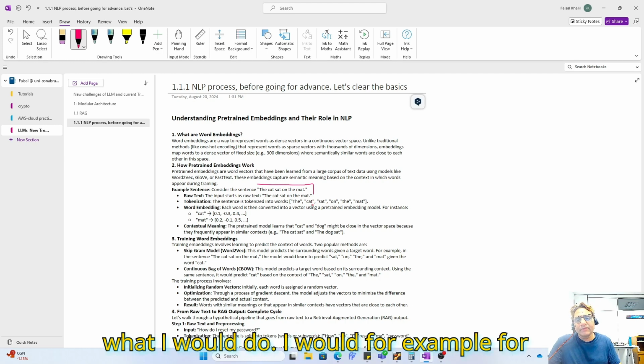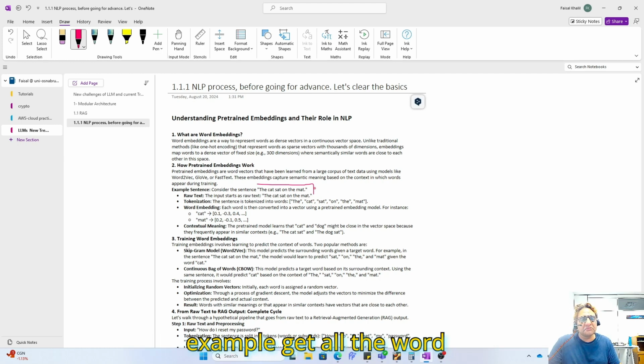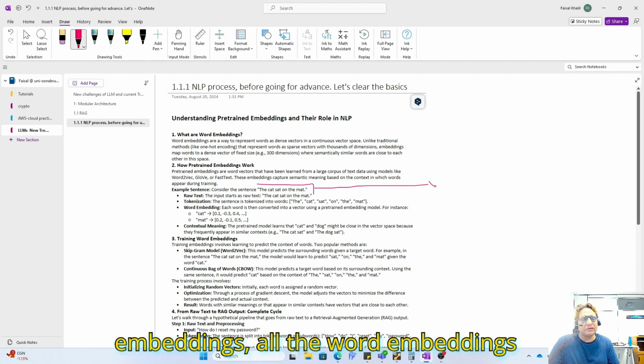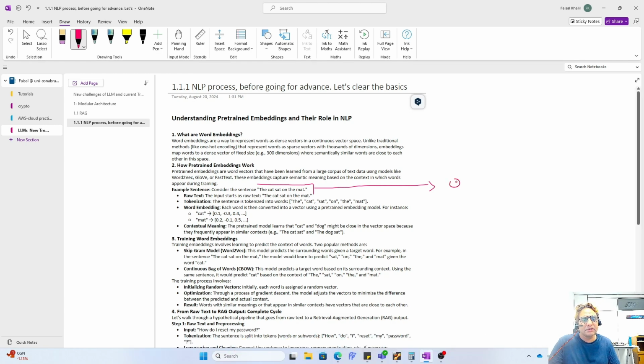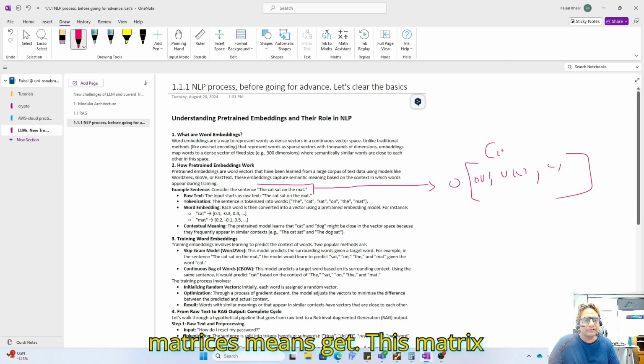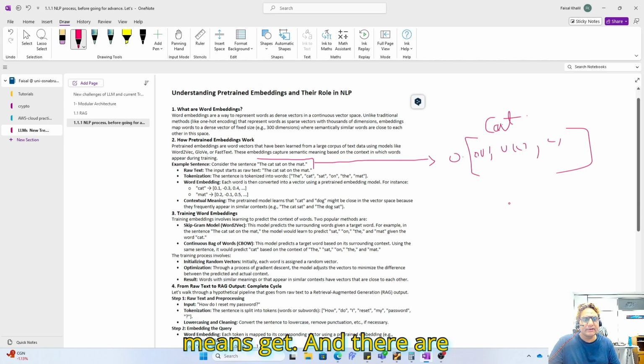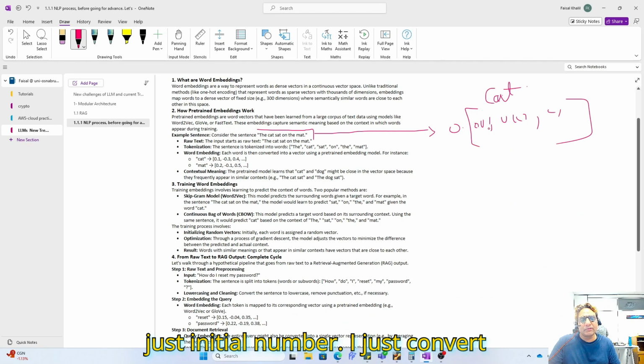What I would do is get all the word embeddings and convert them into mathematical matrices, like 0.001, 0.002, and 0.7. And this matrix means cat. These are just initial numbers, converted with some method.